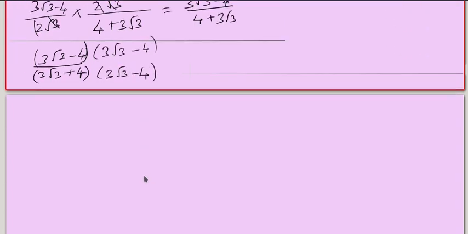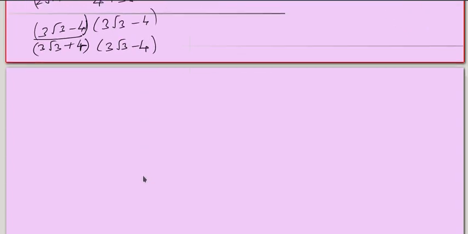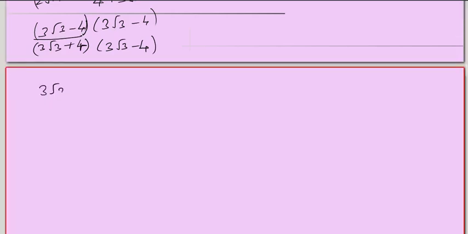Okay, so if you multiply, what will happen? Let me see. So the numerator is 3 root 3 minus 4, 3 root 3 minus 4. So 3 root 3 minus 4 the whole square divided by, what will happen to the denominator? 3 root 3 plus 4, 3 root 3 minus 4. This is coming in the form of a plus b into a minus b. So it is a square minus b square format. Okay, what is a? 3 root 3 the whole square minus 4 square. The numerator is a minus b into a minus b. So it is a minus b the whole square.